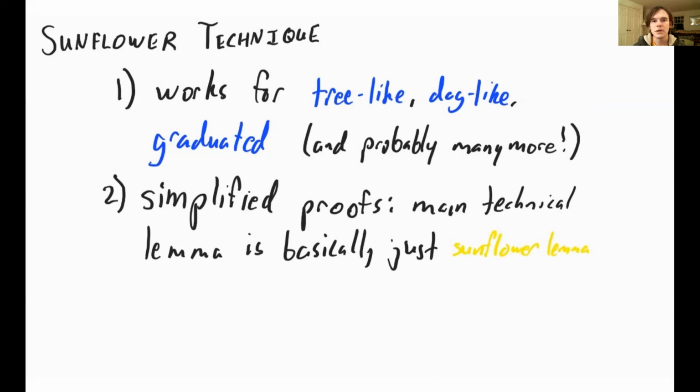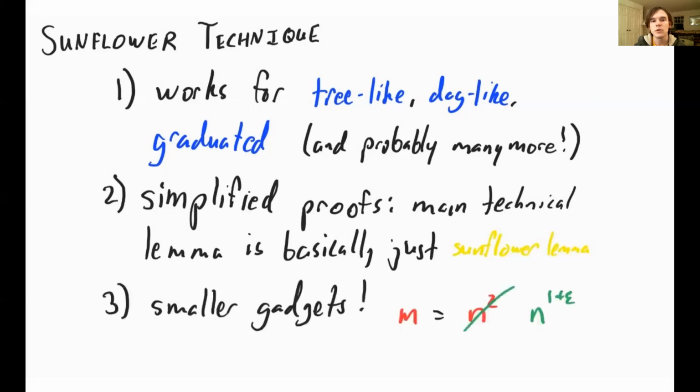We're going to have a lemma from combinatorics, which is used in sunflowers. And that lemma plus maybe half a page is going to do most of the heavy lifting that took pages and pages in previous proofs. So this is a really nice simplification. And besides these two qualitative improvements, we do have a quantitative improvement,